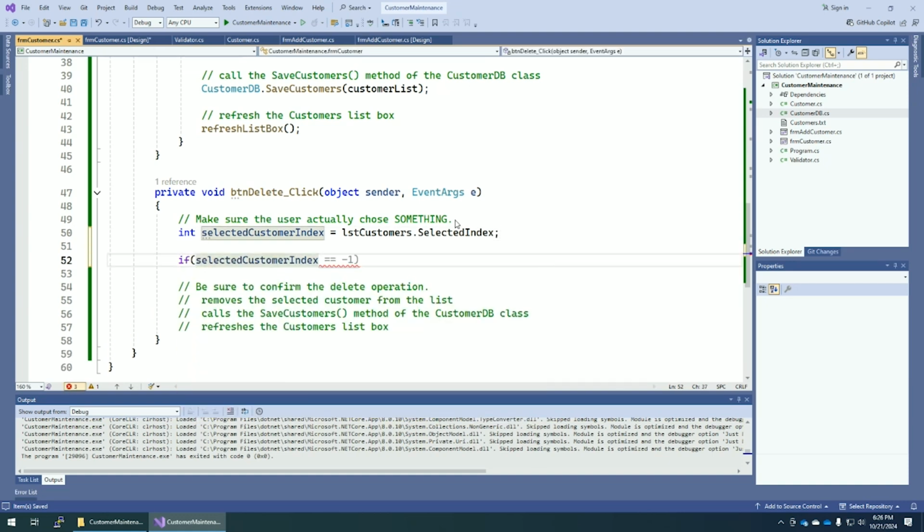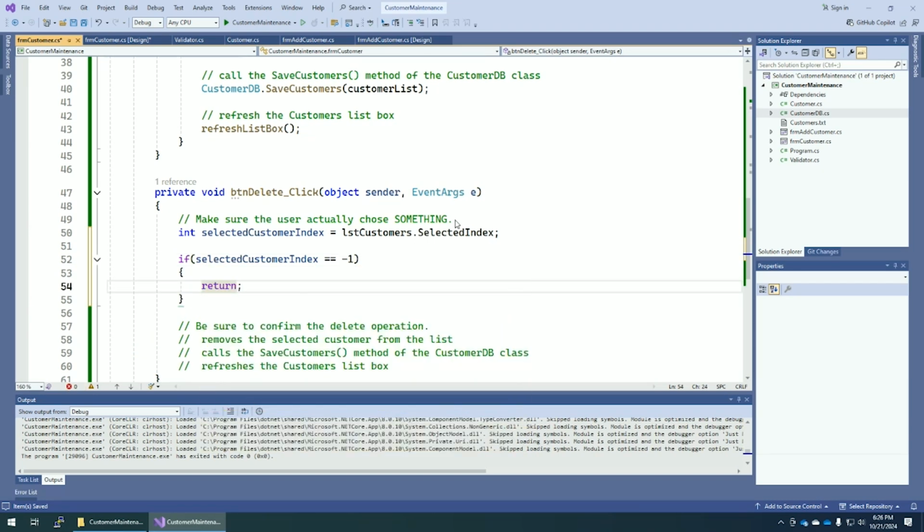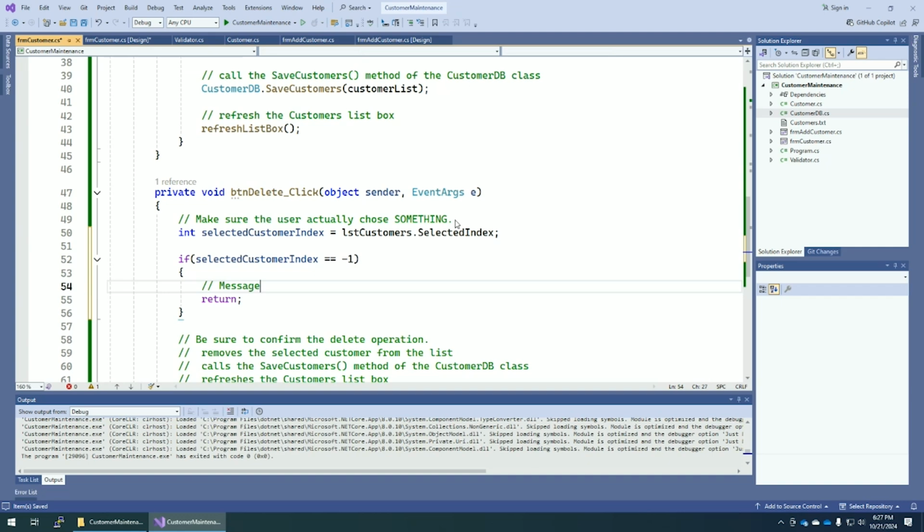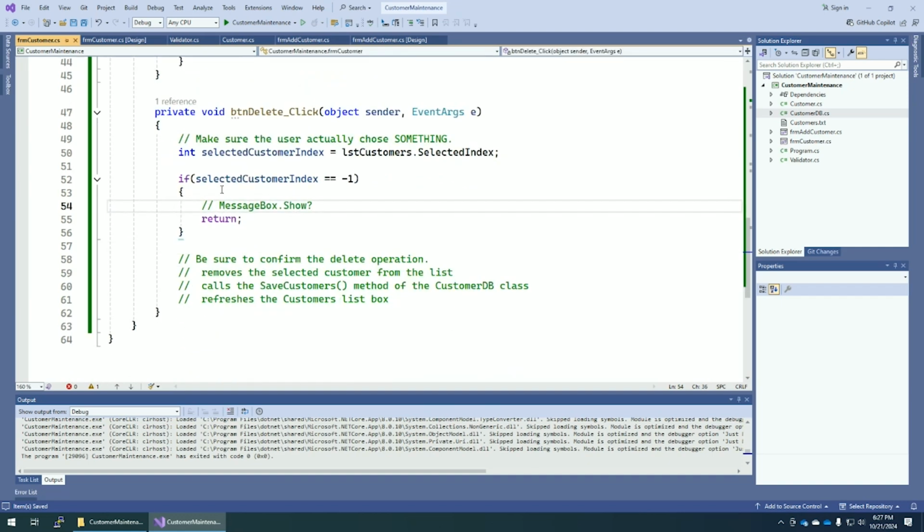If selected customer index is equal to -1, you just return. Now we could use MessageBox.Show to show an error message here. We're just going to return, get out of there. All right, so